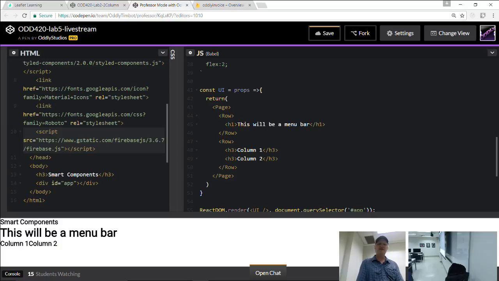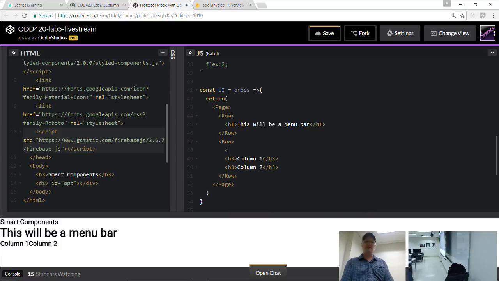But here's what I'd suggest. Right here, we're going to put a column inside of our row. Now columns, they stack things on top of each other, right? So I'm basically saying that I want this first column to stack. And see how it automatically pushed the second one over? Because only the first one is wrapped in a column right now.